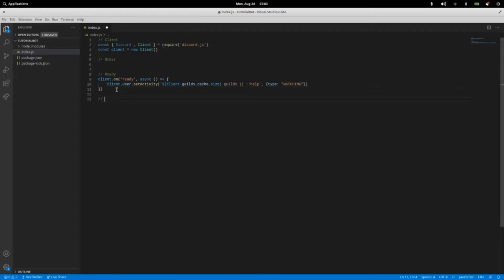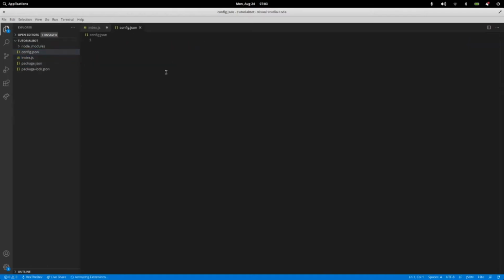Now come down here and do client.login. You don't have to have the comments, I just prefer it that way. Right here you're gonna put config.token, sorry. Now you can come back up to the top and do const config equals require ./config. See, that's requiring a file, so we have to make that file now. So go back to new file and do config.json. And right here, inside here, go ahead and make a curly bracket and a space, and you can type token